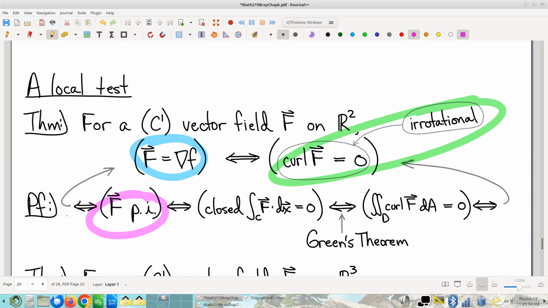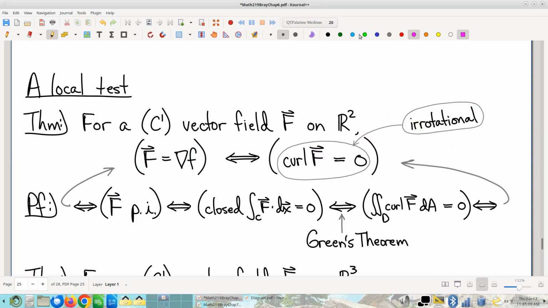Yes? The last connection between the double integral of curl f being 0, that's not if and only if, right? So basically saying that if a vector field is irrotational, then it must be path independent. But if it's path independent, it doesn't have to be irrotational. It does. Yeah, no, this is if and only if, because a key point here is that because the vector field is C1, that means that